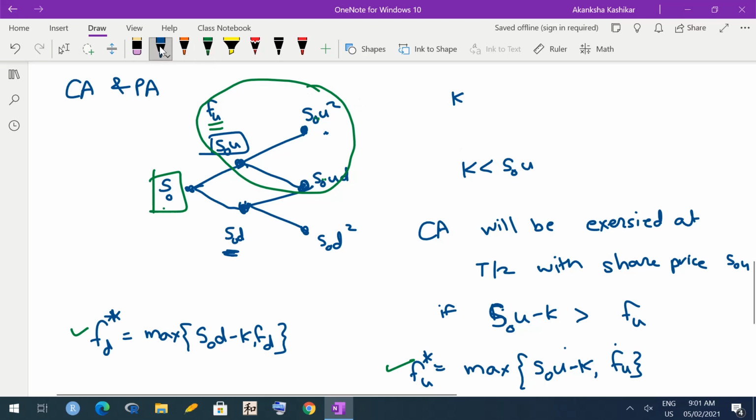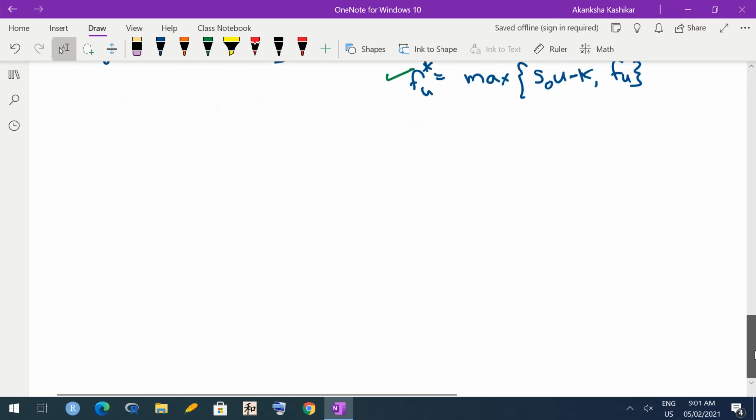Is it okay? So this is how you have to deal with American options. European options comparatively are straightforward. You can just compute things at the end and take their weighted means and discount them. Okay. So let us take a small example, and in the same example we will try to work out both for say European call option and American call option.